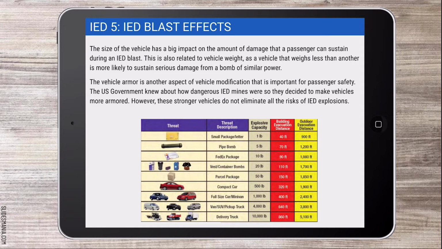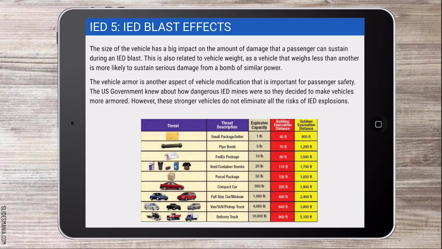After many trials and errors, it was found that the size of the vehicle had a big impact on the amount of damage that a passenger can sustain during an IED blast. So to recap, the higher the mass of the vehicle, the less damage would occur. Thanks to vehicle modification, vehicles are now more armored. While they may not be able to keep the passenger 100% safe, it does increase their chance of survival. As you can see, here's a chart that can demonstrate where an IED can be placed, how much it would weigh, and the distance needed to evacuate from the object to be